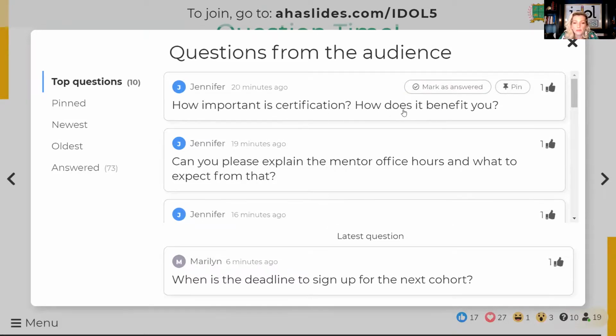How important is certification? How does it benefit you? It shows that you've invested in yourself and in your skills and doing the work. How important is having a piece of paper in this field? Not that important. What's more important is demonstrating your skills.